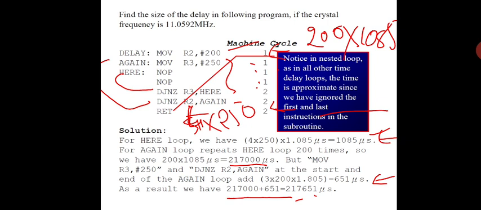I hope in today's session we came to know how we do time delay calculation, and how I can increase my time delay from the previous session. In the previous session I took only one inner loop. Here I took two loops with a NOP to increase my time period. In fact, you can take three loops and you will get more time periods. This way you can increase your time delay, because my standard clock frequency is fixed.